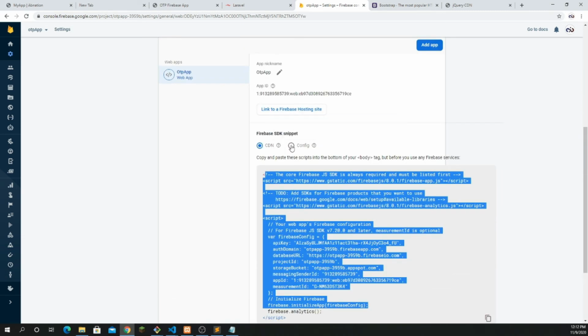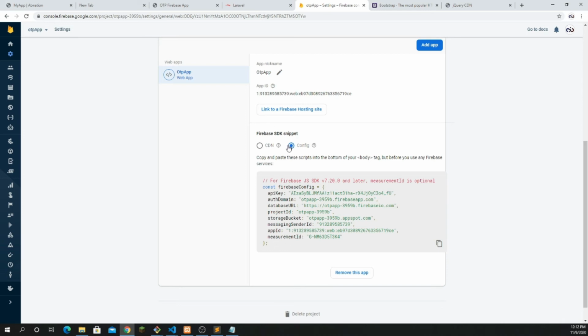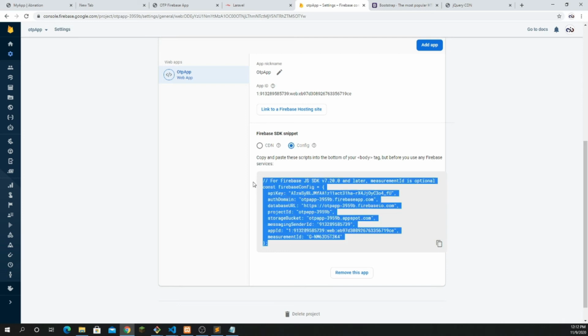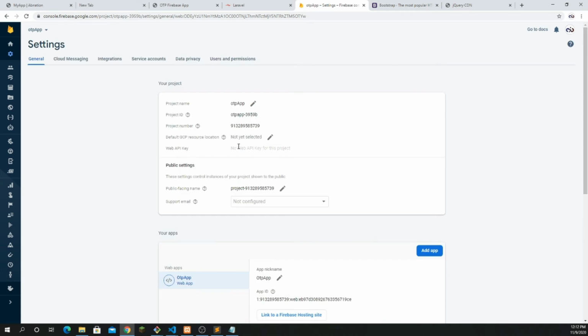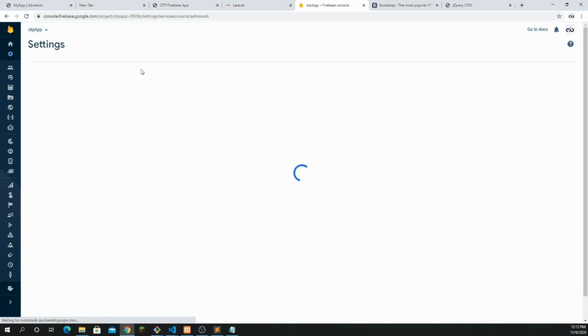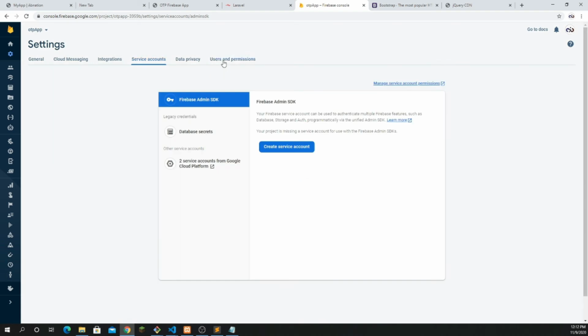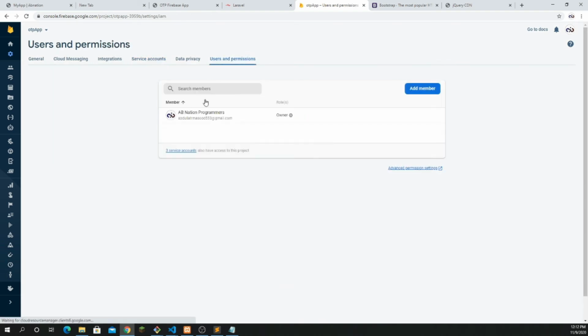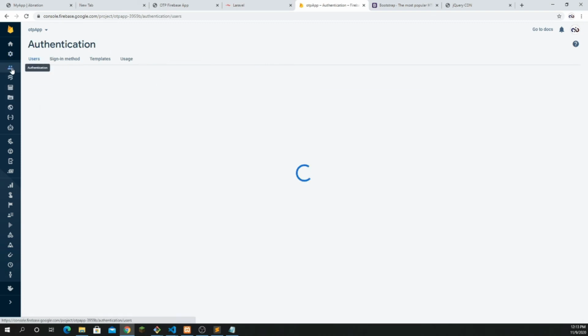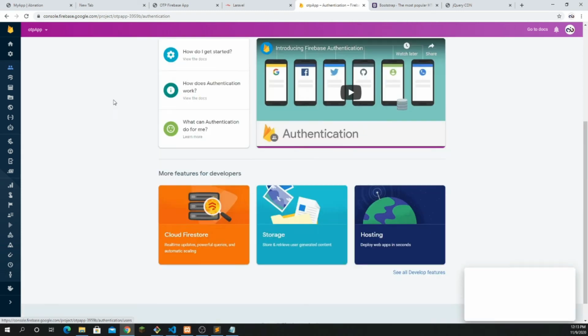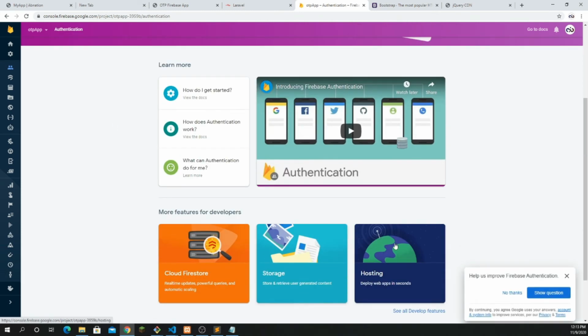It's also very important that we need to grab from the configuration, so you can also copy that later on. But before going here, it's the second step. You have some information: general, cloud messaging, which we don't need right now, integration, service account, data privacy, and user permissions. So let's say if I go up here inside the user permissions, which I have set up, add a member if you want. But the most important thing before going up here, you need to go to the authentication, and inside authentication, you need to go to your,